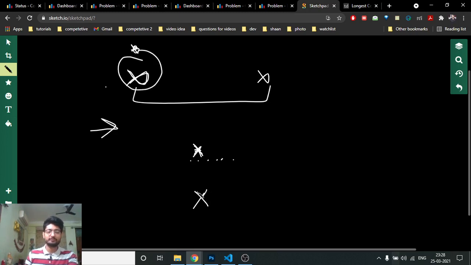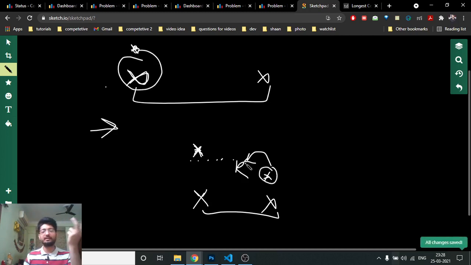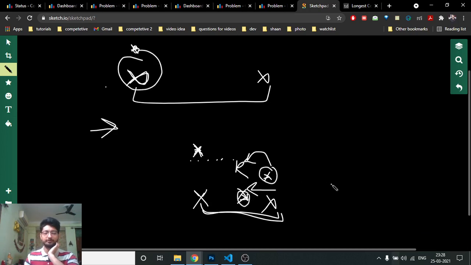If there is some X, then you have to ensure that there is another X within a range of K. If you find there is no X, you can change a star to an X, but it should also be within a range of K only. So what you can do here is move from right to left in a K range block and find the first occurrence of a star. Maybe the star is here, so just replace it with the X and then move forward.